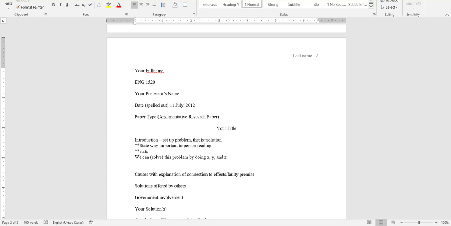Once you've concluded your thesis, your next section will be your causes. So what's causing the problem? And here you have a couple of options. You may go for one pair. You could list all the causes in one paragraph, or you may have to explain cause and effect, that